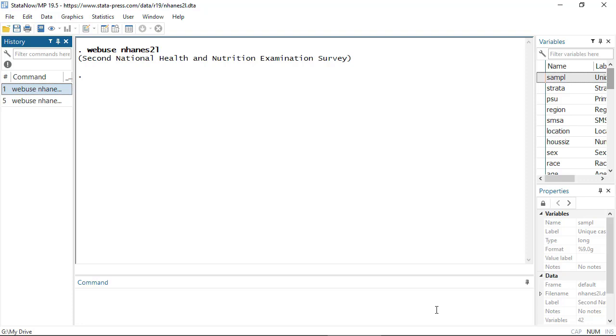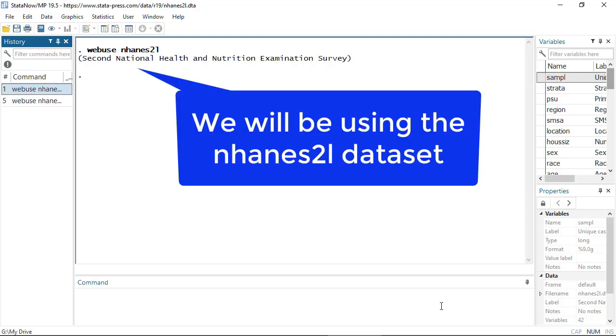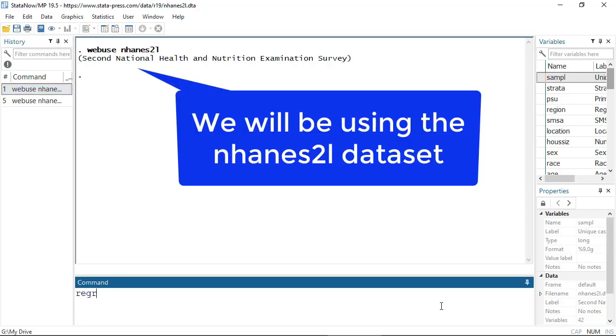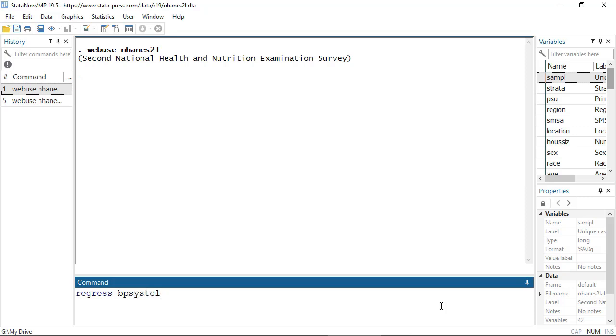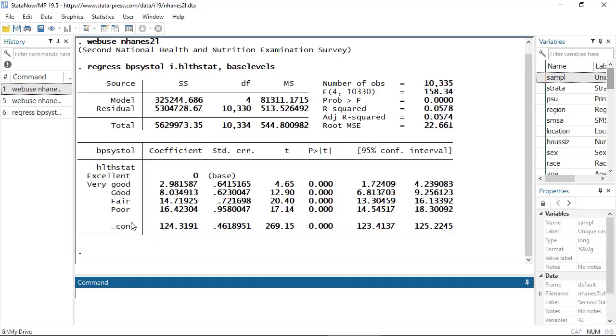Today I'd like to show you how to do pairwise comparisons with the pwcompare command. So I'm going to start by fitting a linear regression model, and I'm just going to type it directly in here. So I'm going to type regress bpsystol for systolic blood pressure, and then I want to include the predictor variable healthstat, if I can spell that correctly. And I'm also going to add the option baselevels, just so we can see all the levels of health